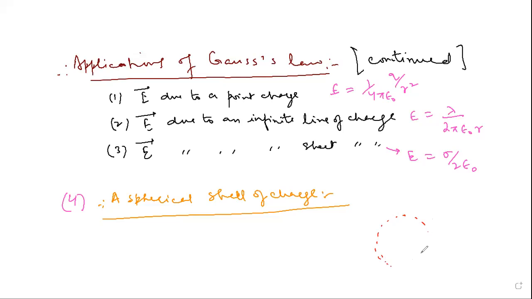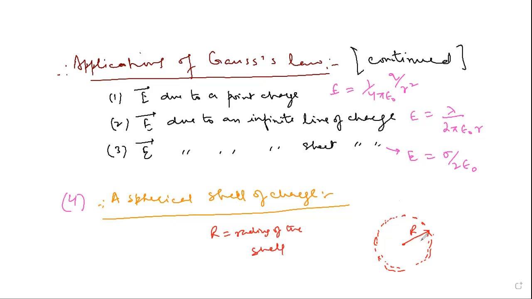I showed that in cross section. It will have some radius. Let capital R be its radius. So R is the radius of the shell,